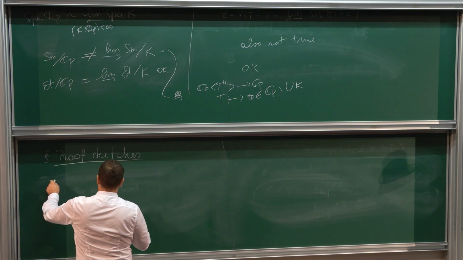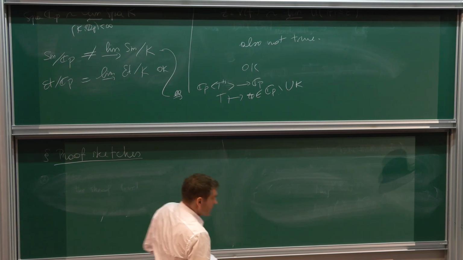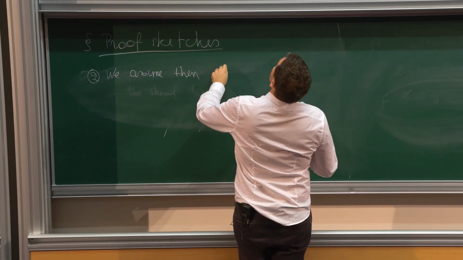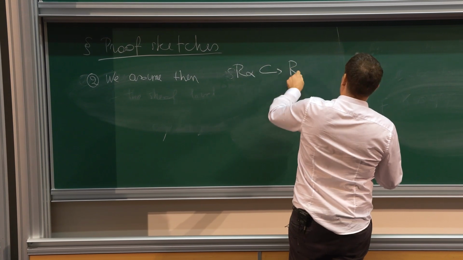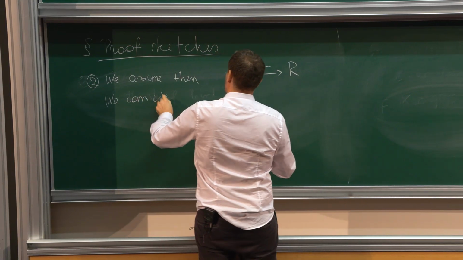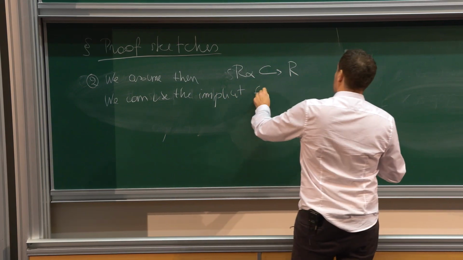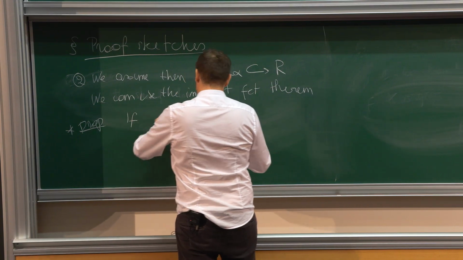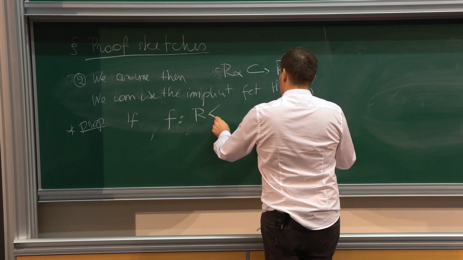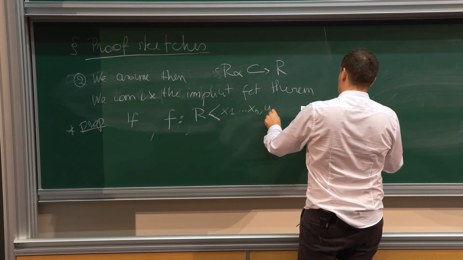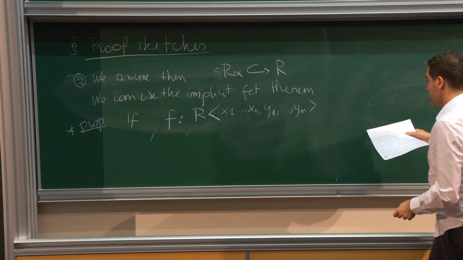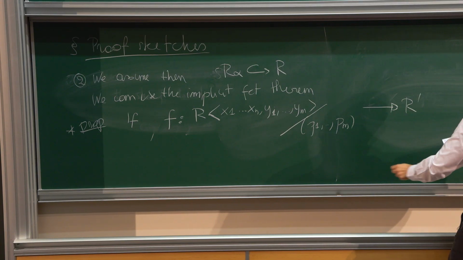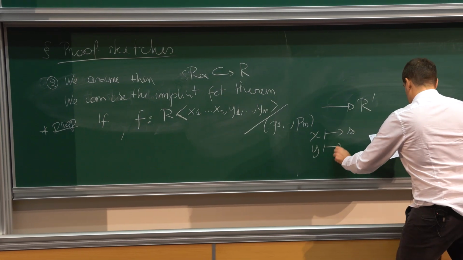And as I had mentioned, everything follows from the implicit function theorem. So case 2, we assume then that the S alpha, R alphas are inside R, and then we can use the implicit function theorem. Or actually a corollary of it, stating that if I have a map from a smooth variety over R, which I can assume to be locally given by m plus n coordinates, modded out by m polynomials satisfying the Jacobian criterion, landing in R prime, say it sends x to S and y to T, then